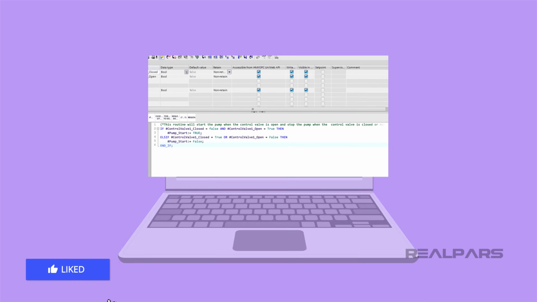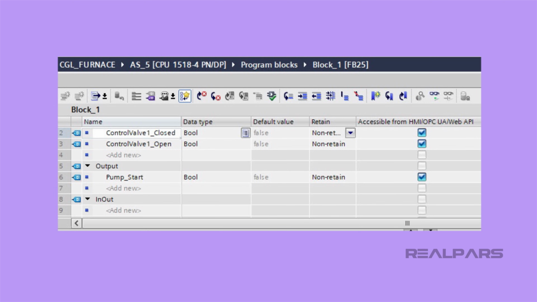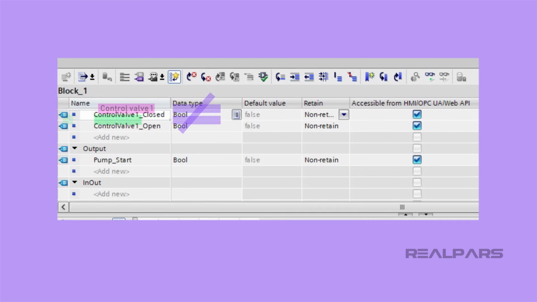The syntax of structured text follows some basic rules. First, all statements in structured text will end with a semicolon. A routine will close out with an end-if statement. Spaces and tabs are not required, but a good programmer will still use them for readability. Also, structured text is not case-sensitive, but if you are assigning a variable, known as a tag or a symbol, such as control valve 1, then using camel case, controlValve1, is a good practice to get into.